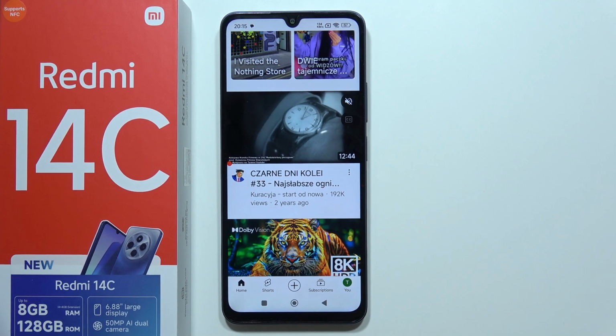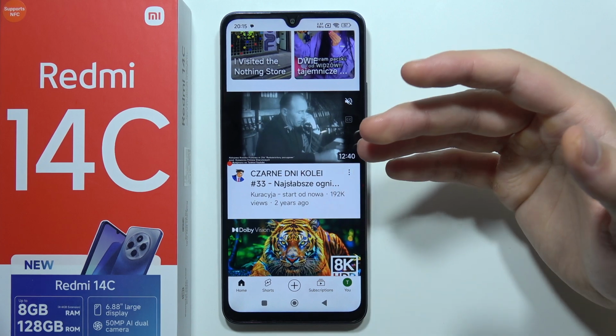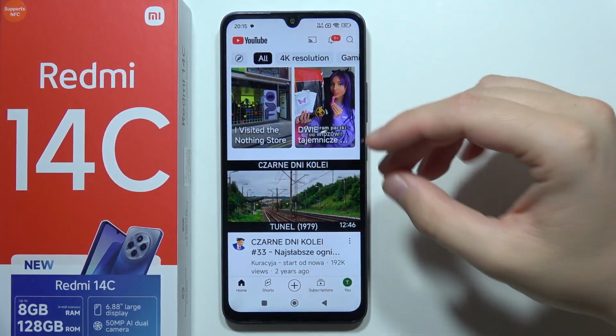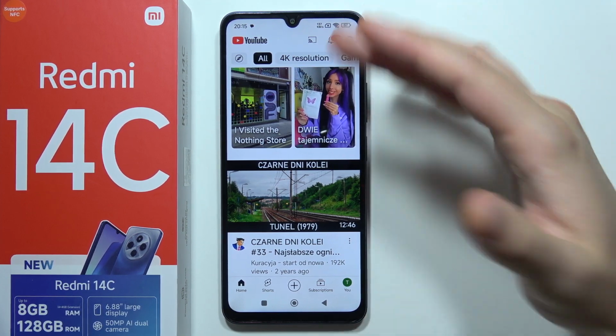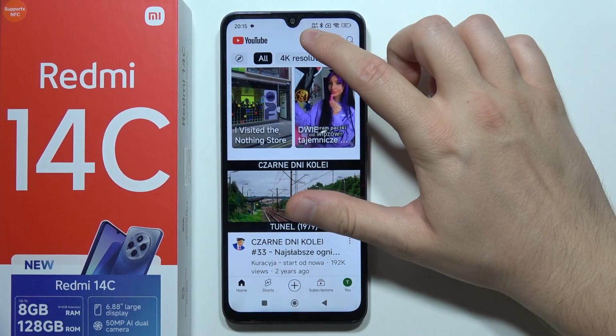Hey, if you want to cast your YouTube application to your TV on a Redmi 14C, then you'll have to start by clicking on this icon. And by the way, you will have to be connected to the same Wi-Fi network on your Redmi and on your TV, and also it will be good if you turn on the Bluetooth. Then tap on this icon,